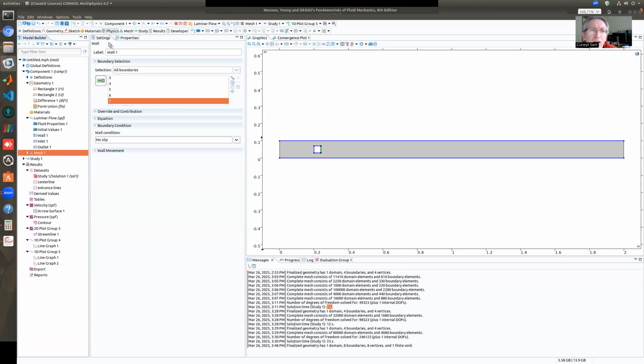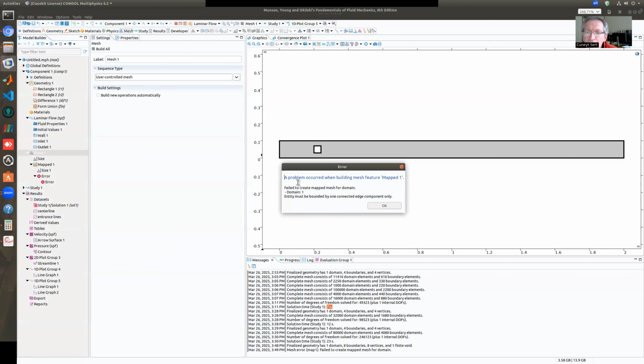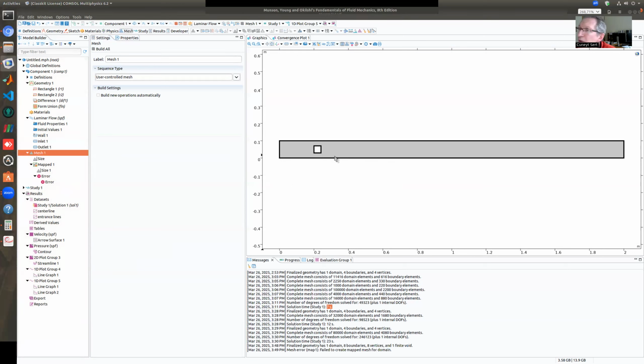My mesh, let me see. Let's generate the mesh. Oh, it gives an error. A problem occurred when building mesh feature mapped one. Failed to create map mesh for domain, and so on. It says this domain is too complicated, although it is simple for COMSOL. Looks like it is too complicated and it cannot generate a mapped mesh.